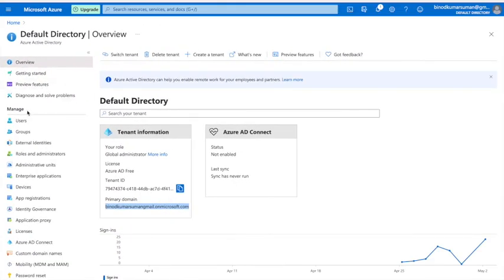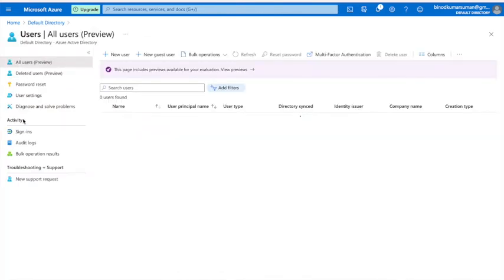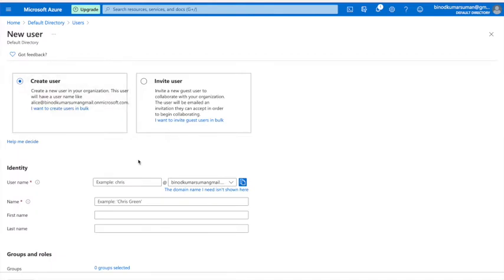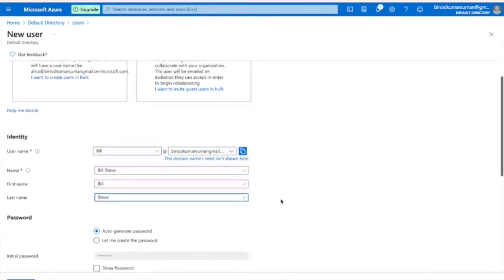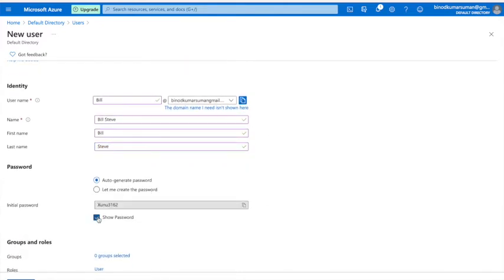So now first create the user. Hit this button, and you see the domain name comes automatically here. So I say name, Bill Steve, and here you can see the password, or you can use this password, or you can create your own password.